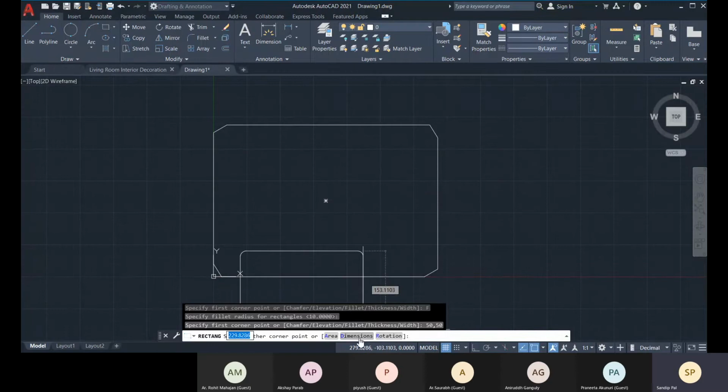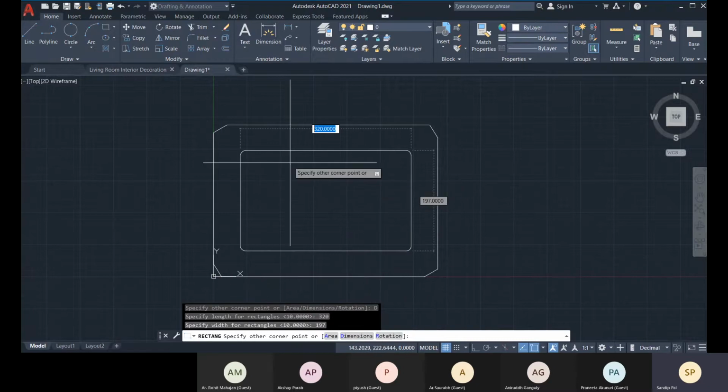For that, the dimension option is available, and there you can provide the length. What will be the length? That will be 320, enter, and the width will be 197, enter.